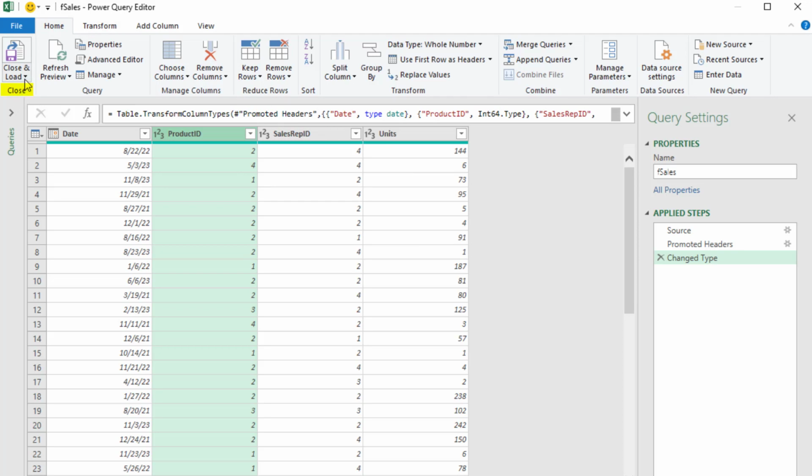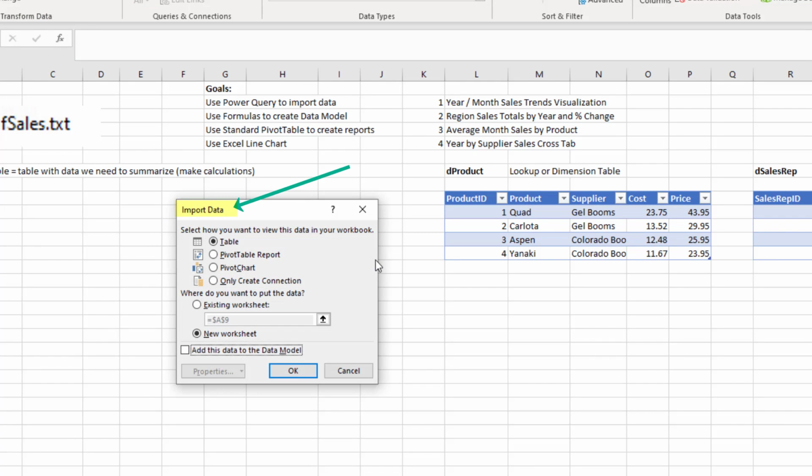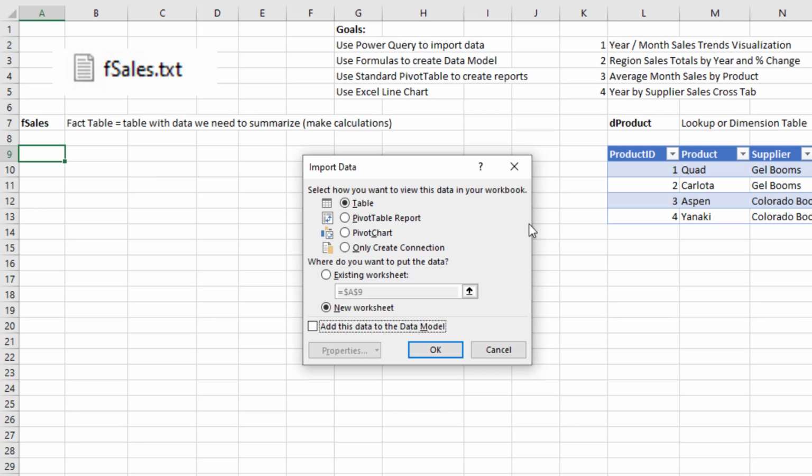Home, the close group, close and load dropdown, and we want to select close and load to. This opens up the import data dialog box. Now we can load it as a table. You can load it directly to a pivot table or a pivot chart. If the full table is complete, then you don't even have to worry about loading it to the worksheet. We want to load the data to the table because we have to look up prices and calculate revenue and things like that. Later, we'll see how to use this option to load the data to the Power Pivot data